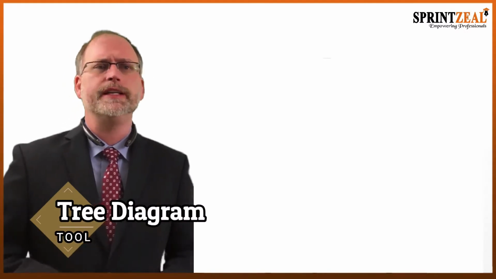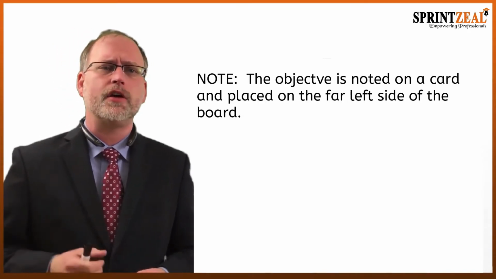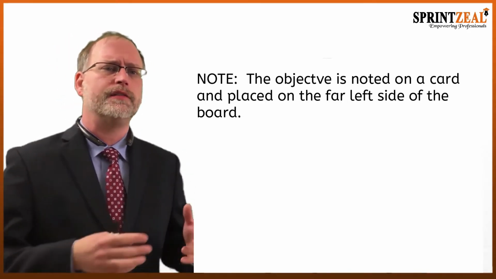So the next one is the tree diagram. Now the tree diagram is a systematic approach to outline and identify the tasks and methods needed to solve a problem, especially to reach our predefined goal. Now there are a couple of notes that we want to be sure of. The first one is that the objective is always noted on a card and placed on the far left side